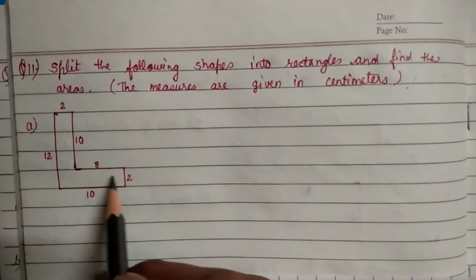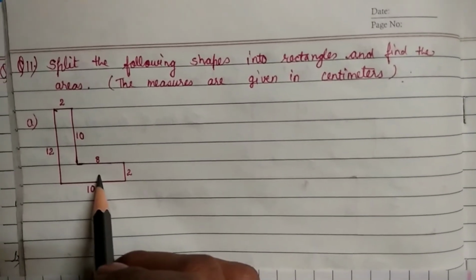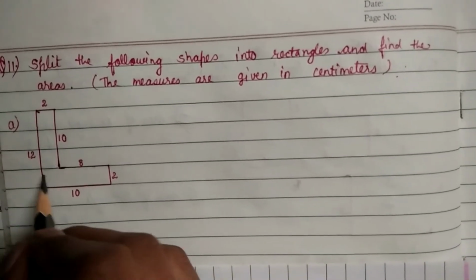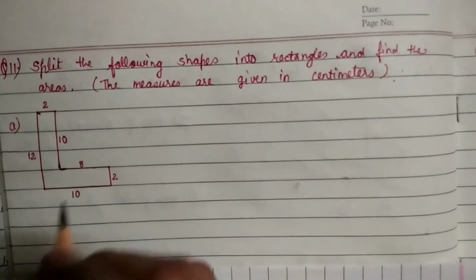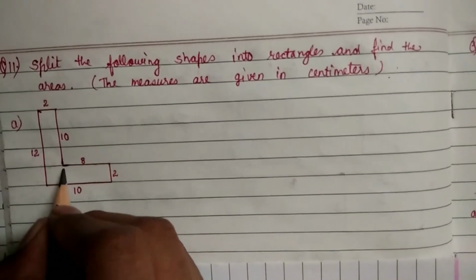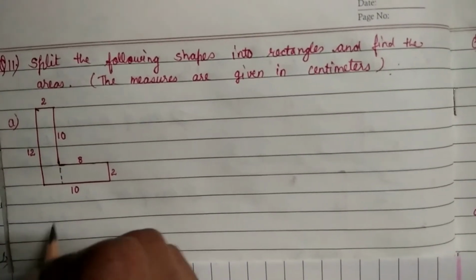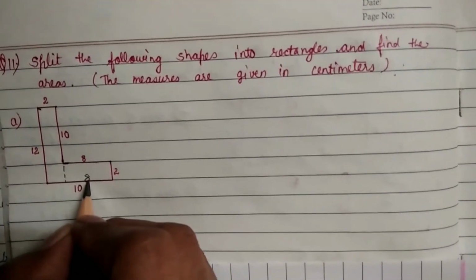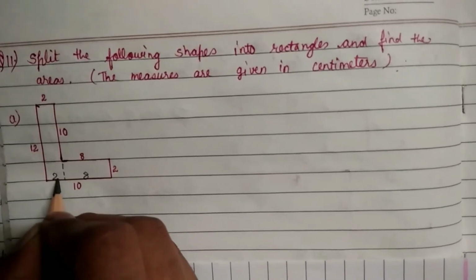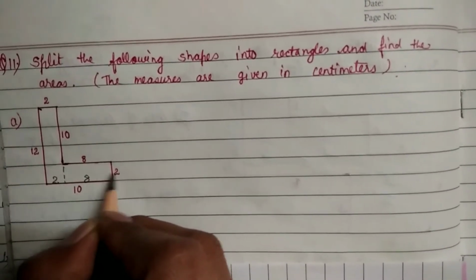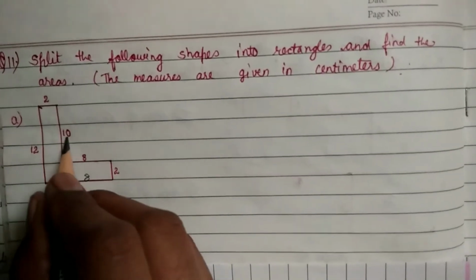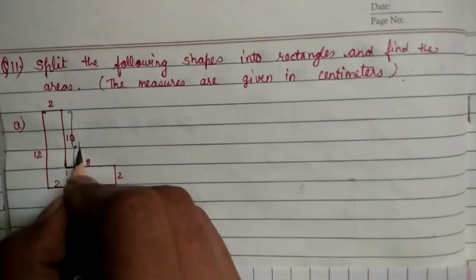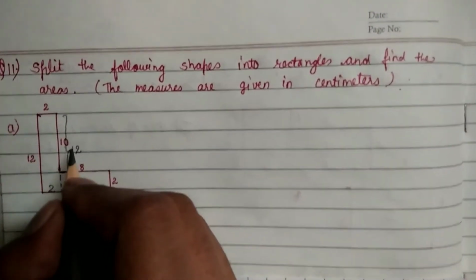Here we have A, which is in the shape of L. This we have to split. Here we can split from here, or from here. From any side we can split this figure, but exactly into rectangles. So firstly I am splitting from here. If this is 8, so here is 8. Out of 10, 8 is here. It means the remaining 2 is here. And if this is 2, so this is exactly 2. So 10 plus 2 is 12. So completely from here to here, it is 12.